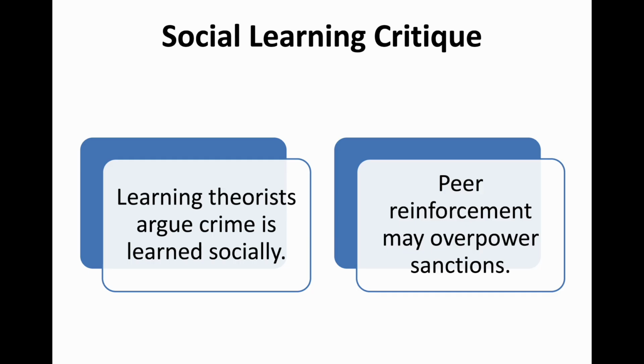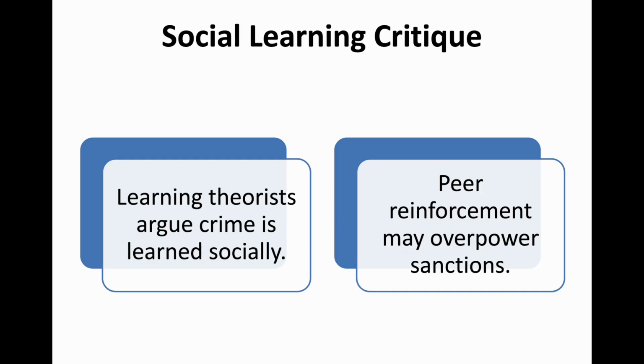Social learning theorists argue that crime is learned through interaction with others. Akers expanded Sutherland's differential association theory by emphasizing definitions favorable to crime, reinforcement, imitation, and peer influence. This creates another major challenge for deterrence theory. Deterrence theory focuses heavily on punishment. Social learning theory argues that peer rewards and social enforcement may overpower punishment threats. For example, offending may produce peer approval, group status, excitement, financial rewards, or identity reinforcement. If these rewards are immediate and socially meaningful, they may outweigh distant punishment risks.